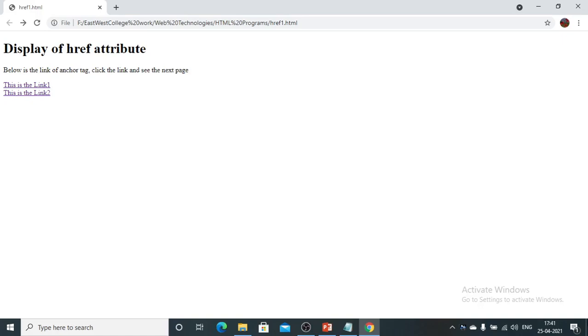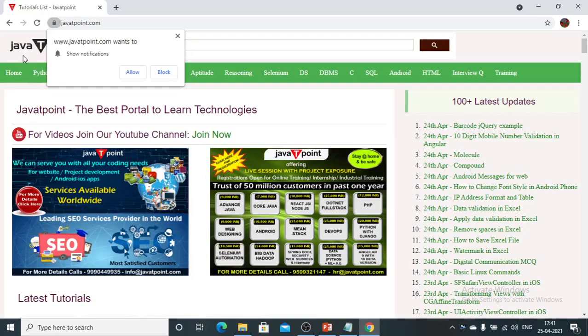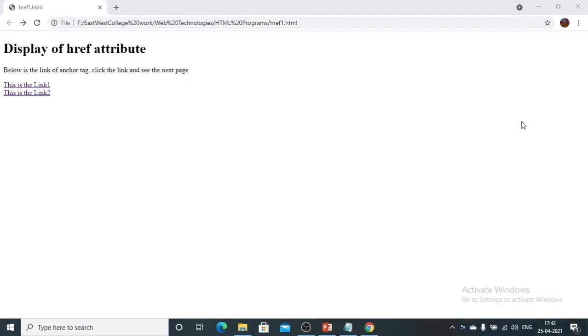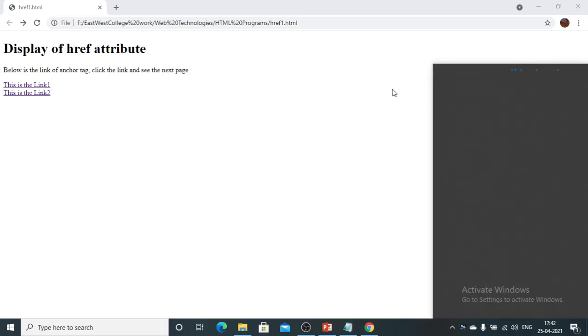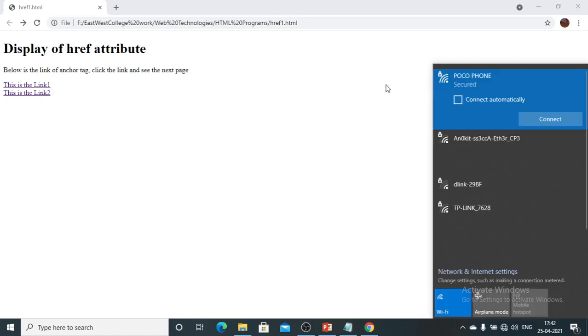So this is what makes my file move from one document to one website to another website. This is a static website I created using HTML tags. Once I click it, I am going to my dynamic website, that is, with internet accessibility. How can I say it is a dynamic website? If I disconnect my internet connectivity, you can experience that even if I click it, it will ask me to reload, because connectivity is not there, since the Java T-Point website is a dynamic website.